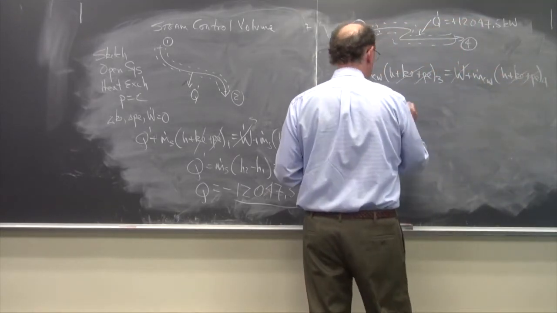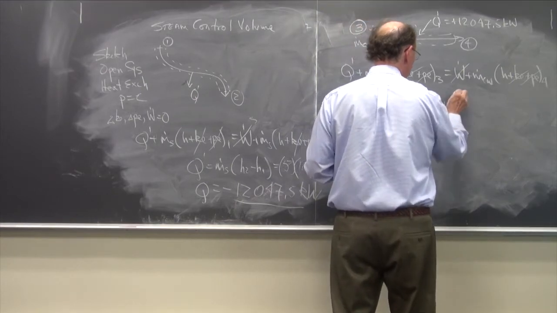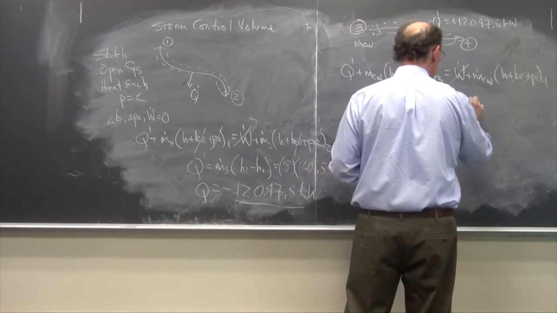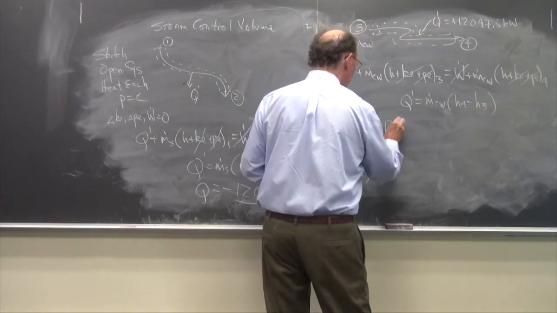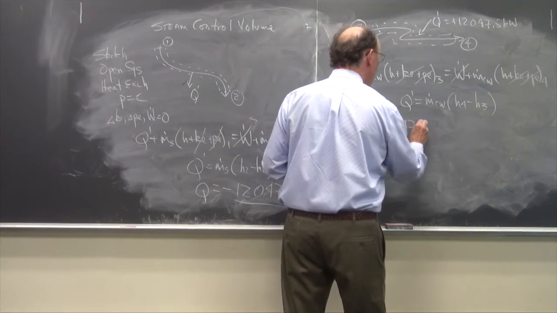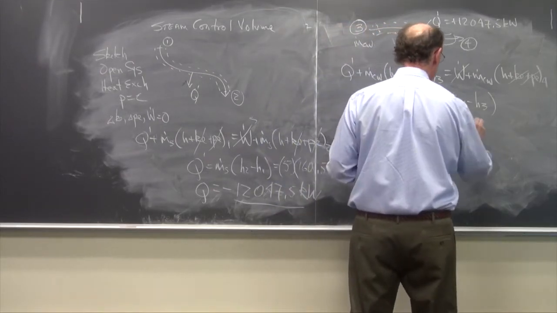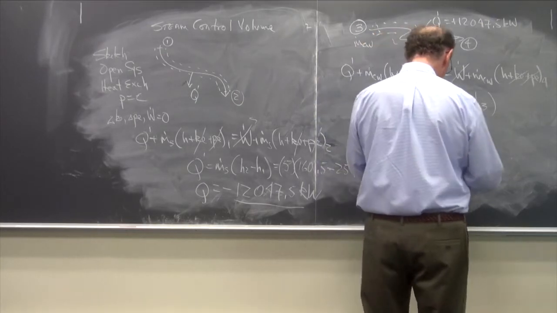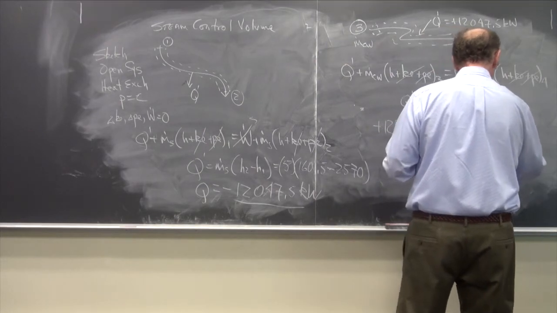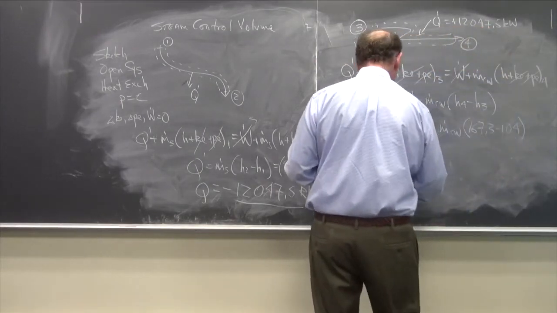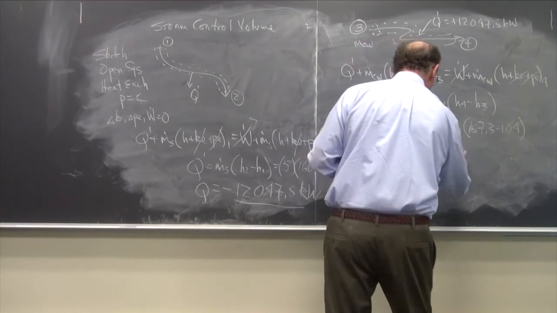Q dot is equal to the mass flow rate of the cooling water times (h4 minus h3). So plus 12047.5 is equal to the mass flow rate of the cooling water times (167.3 minus 104), and we get the mass flow rate of the cooling water is equal to 190.3